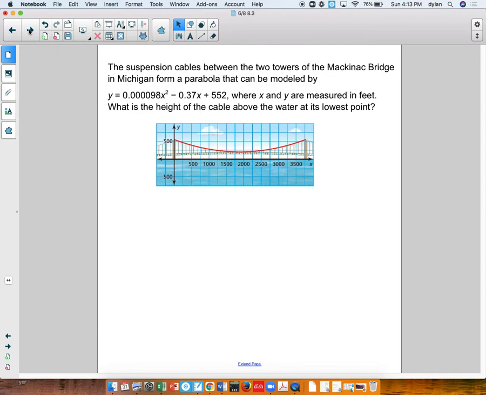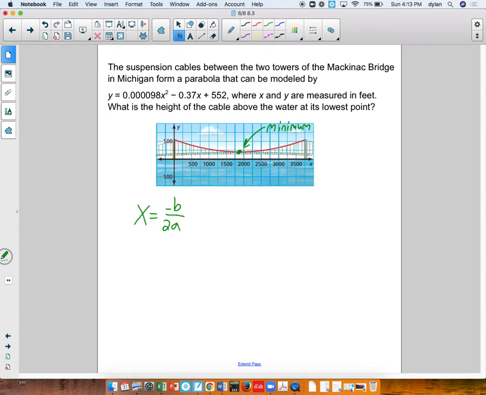So in this case, x and y are measured in feet for this problem. So we want to know the height of the cable above the water at its lowest point. In other words, we want to know the minimum height, which really means we want to find the vertex. So to do that, we need to find the x and y coordinates of the vertex. So we're going to start here by using x equals negative b over 2a to find out the x coordinate